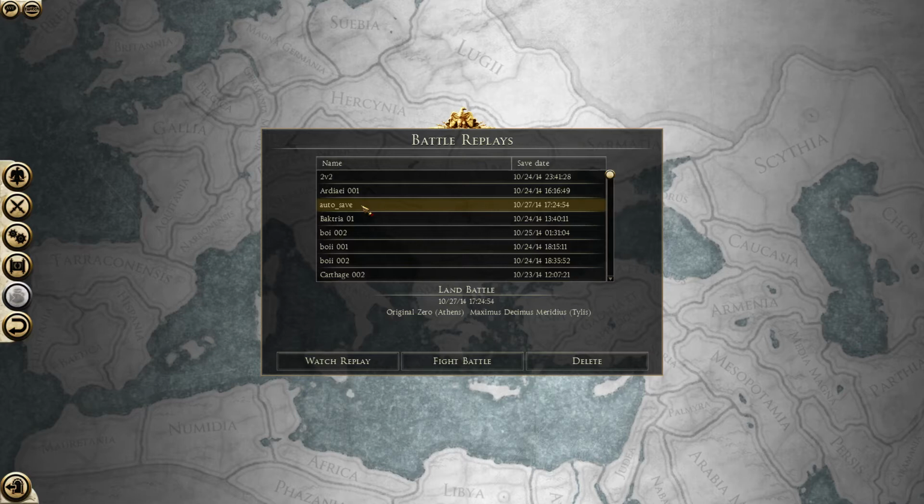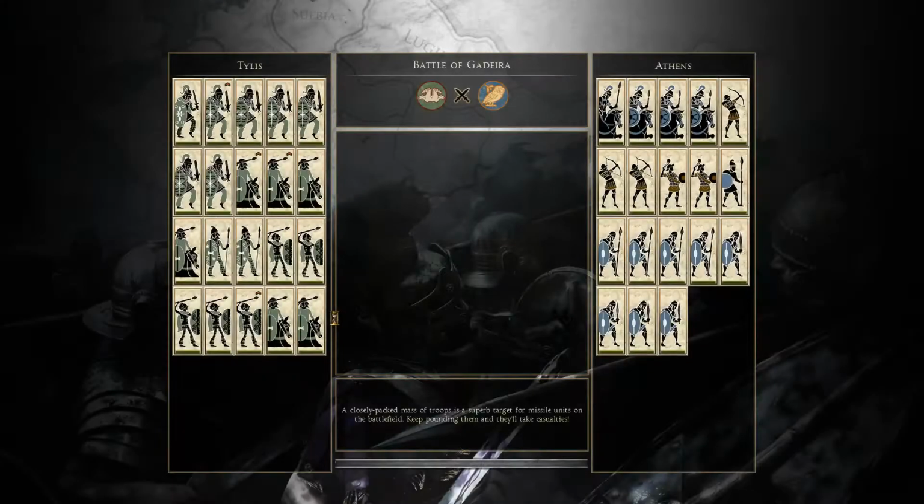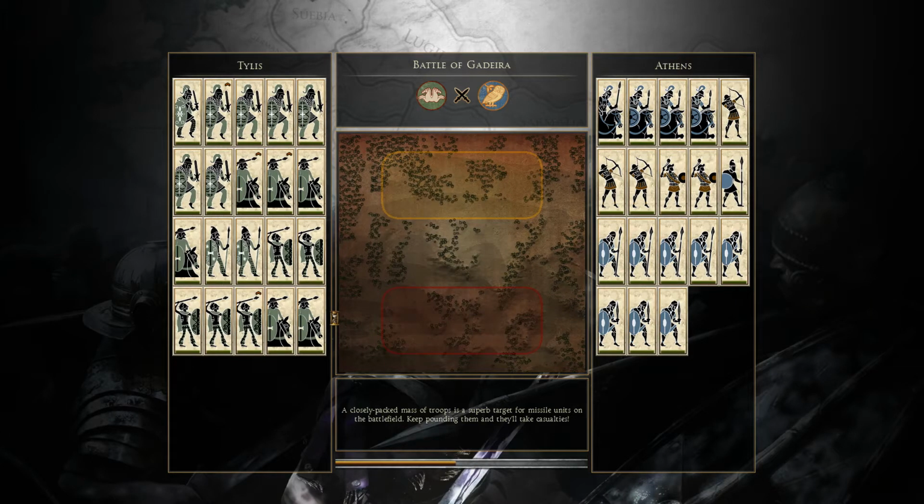Fourth battle where I'm using a random number generator to determine which faction I'll be using. This time I got 28 and that is Tylis. So I picked Tylis and my opponent, Original Zero, picked Athens. The map is Gadara, which is a pretty cool map I think, with a central hill that is a bit